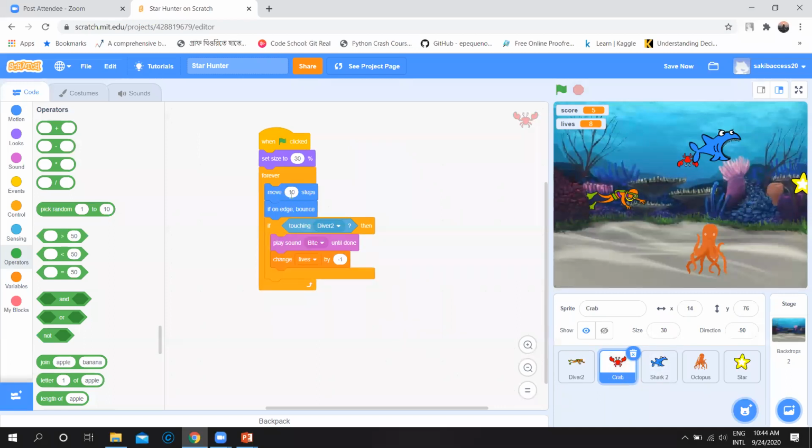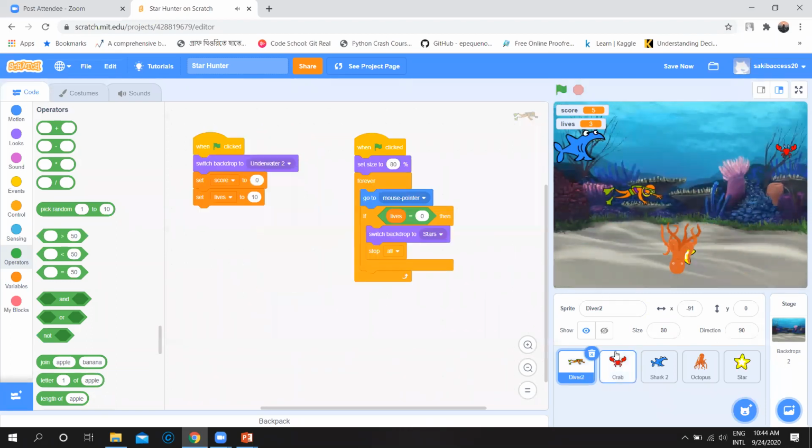Like it's moving 10 steps, you can make it 30 steps. See, now the crab will move faster. Can you see it? The crab is moving faster. That's how you can increase some difficulty. So you can work on it.